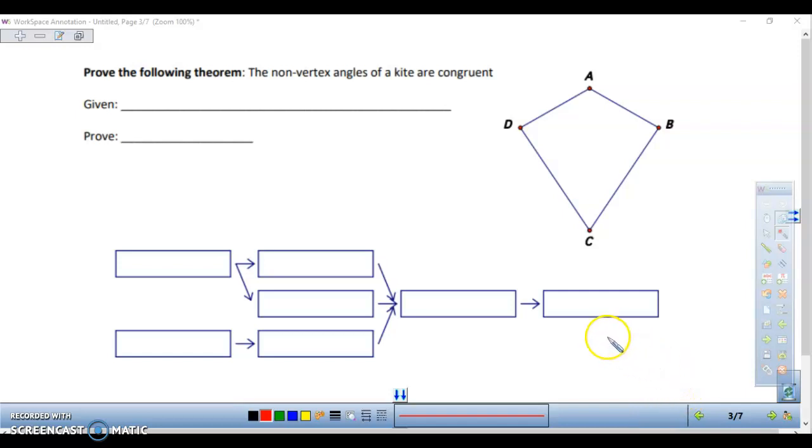All right. Oh, but before we get there, oops, I forgot. I was going to show you justification of just how you would quickly and informally prove one of these theorems. Check it out. Prove the following theorem. I want to prove the non-vertex angles of a kite are congruent. So the given is that I have a kite, but I got to be a bit more specific, okay? So the given is I have kite ABCD, but I got to tell you which sides are congruent or which angles are vertex angles, or some more information so you know which parts are which. So maybe I'll say with non-vertex angles,